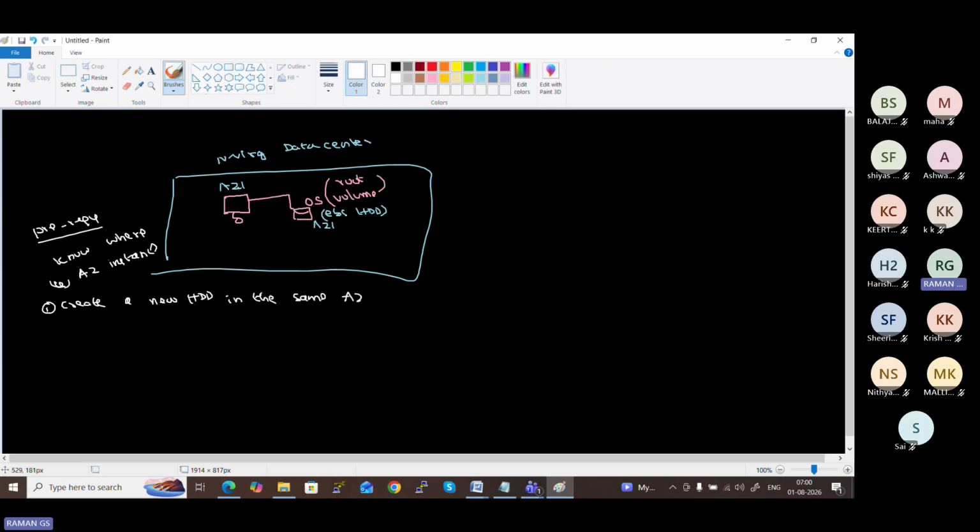So North Virginia, here you need to create in the availability zone. Here you want to create a volume, EBS volume. You mention this as a hard disk too. And how you can associate this volume, followed with how you can attach the hard disk,